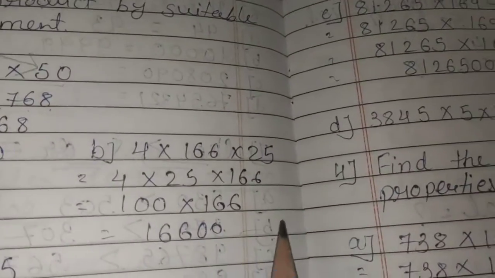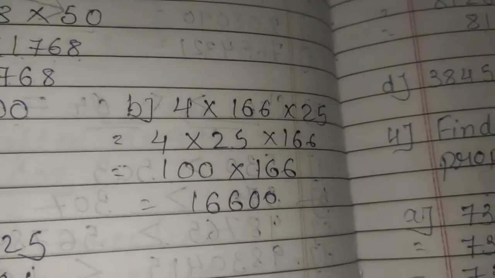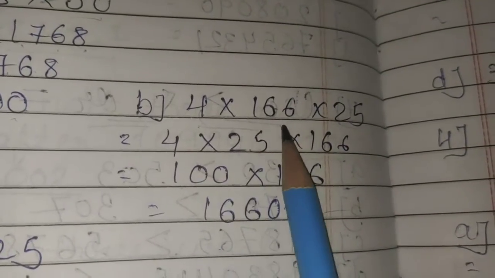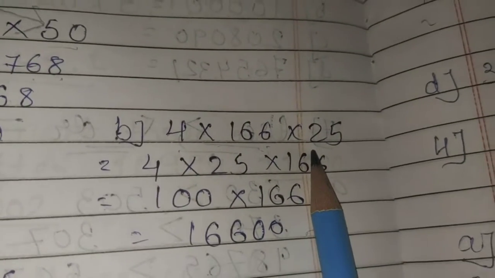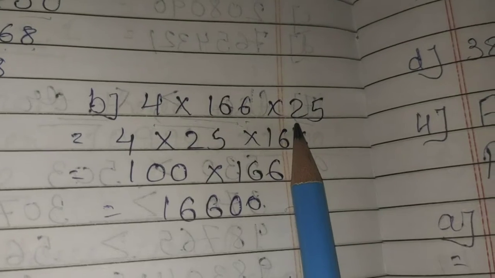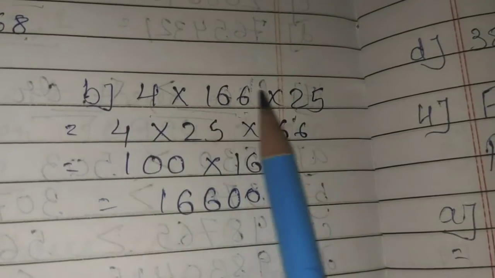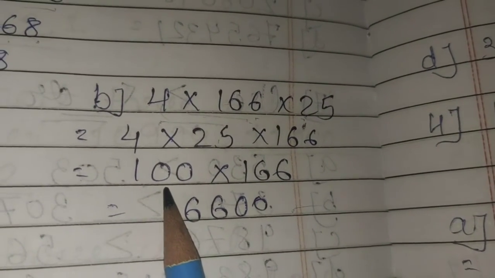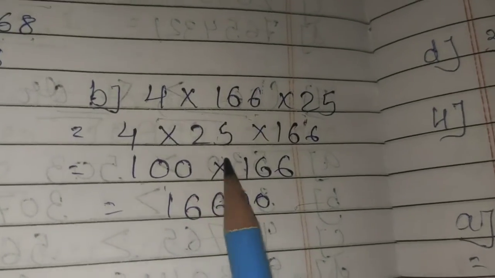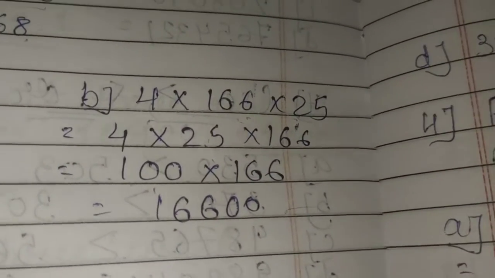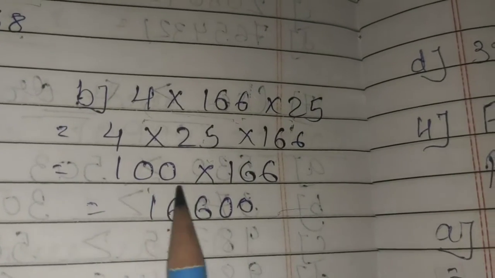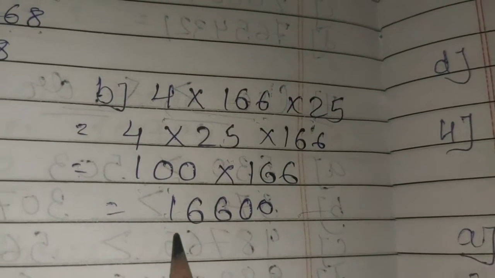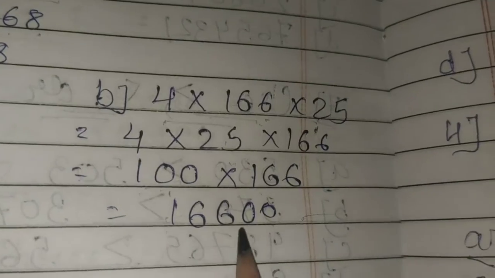Here also, in the same way, you have to make a suitable rearrangement. Now can you see 4 into 166 multiplied by 25. What are we going to do? We are taking these two numbers, first and last, because 4 twenty-fives is 100. So 4 multiplied by 25 multiplied by 166. So 4 into 25 is 100. Again 2 zeros as it is. 1 six is 6, 1 six is 6, 1 one is 1. So your answer is 16,600.